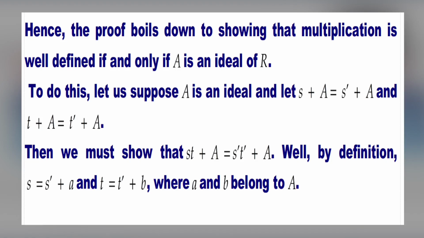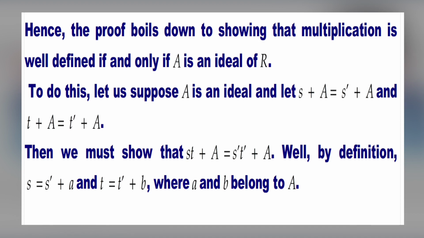We go through the proof. We do know that the set of cosets forms a group under addition, and it is trivial to check that the multiplication is associative and that multiplication is distributive over addition, once we know that multiplication is indeed a binary operation on the set of cosets. Hence, the proof boils down to showing that multiplication is well defined if and only if A is an ideal